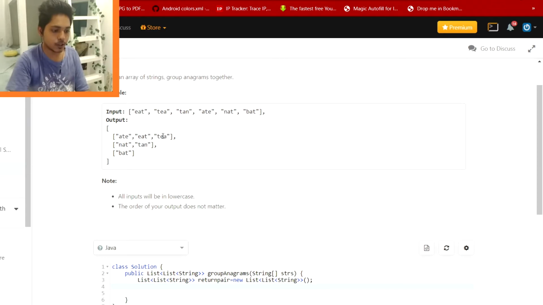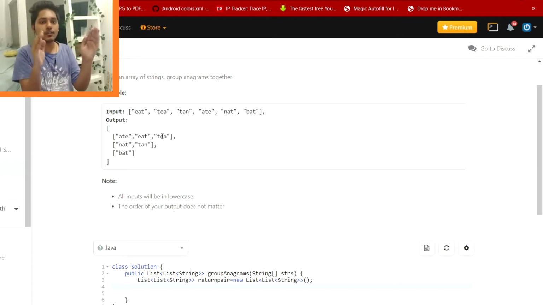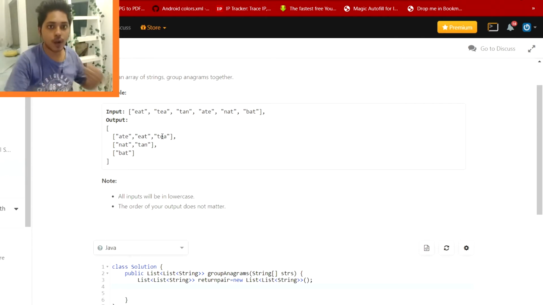Now if I sort eat it will again be a e t. If I sort tea, it will again be a e t. So now you see all the sorted letters are the same. That is how I'm going to compare every single string. And if that sorted value is not there, then it must be another group.